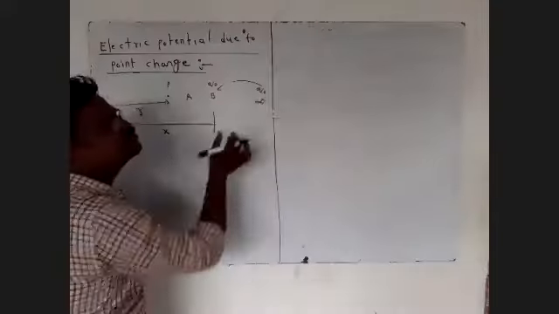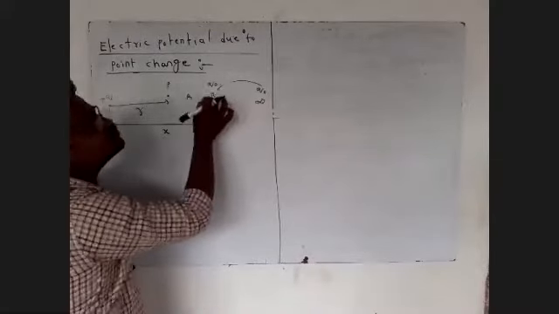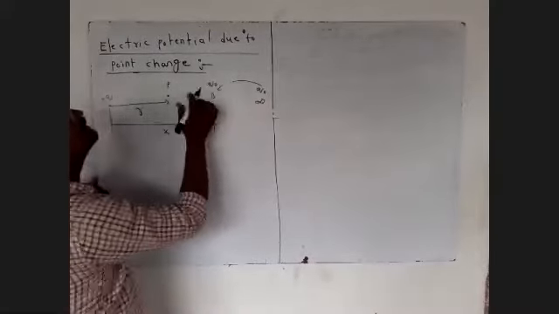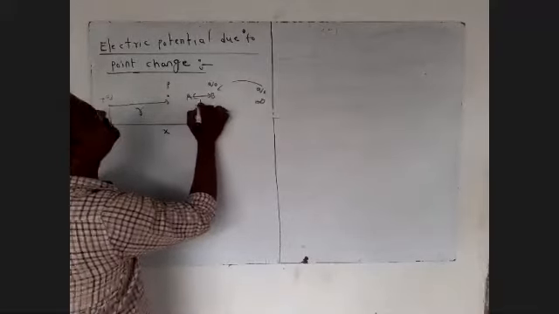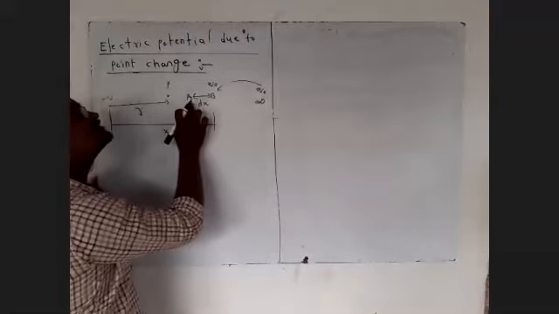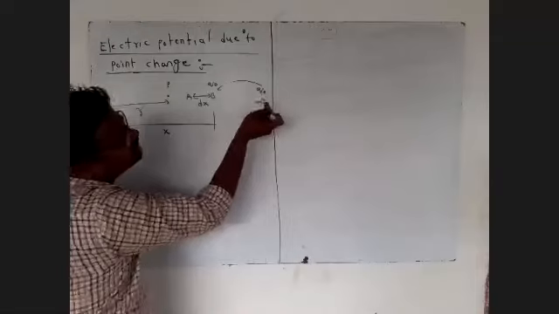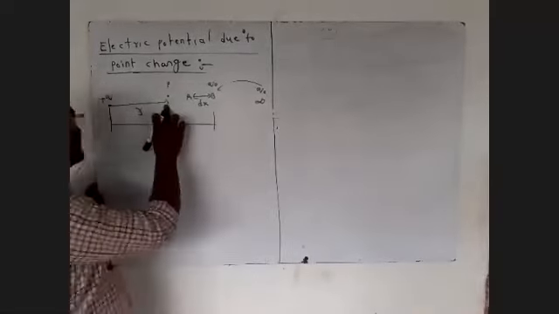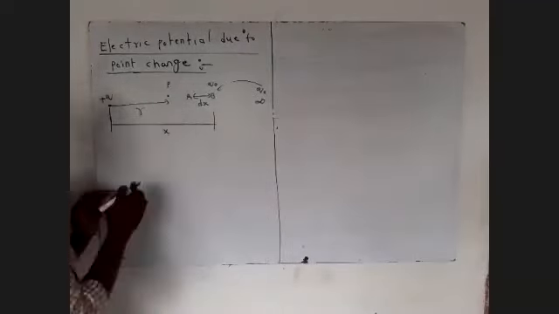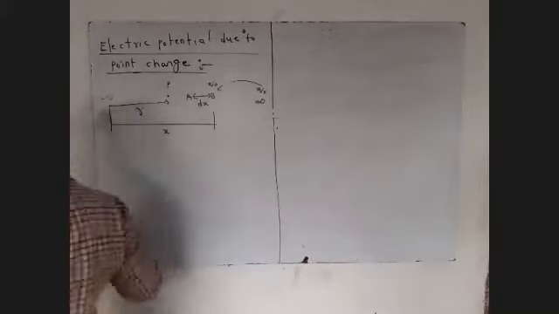First, charge Q naught shifts from infinity to point B. Next, this Q naught shifts from B to A. That is a small distance, that is dx. Finally, Q naught shifts from infinity to point P, and we have to find out the electric potential at the P point. So first of all, suppose in the first case,